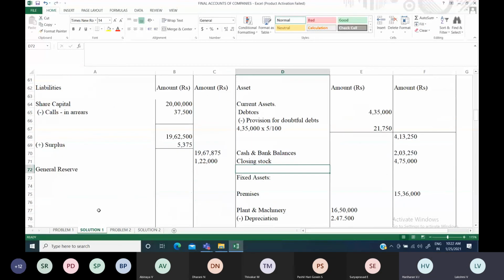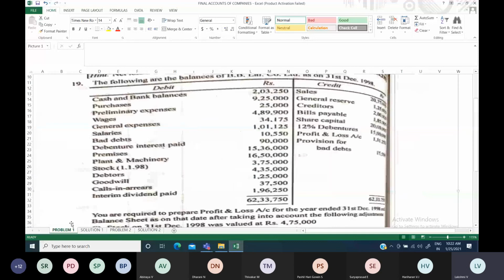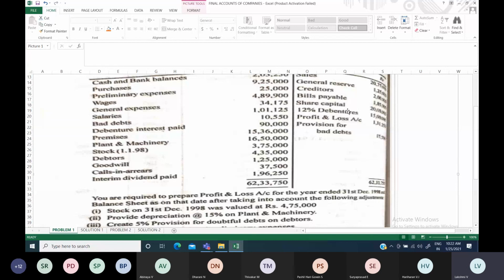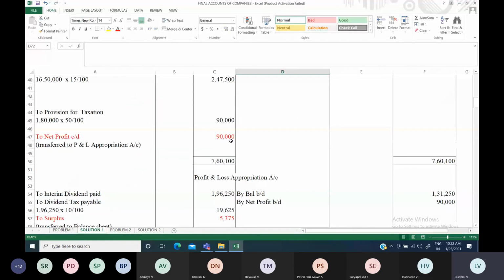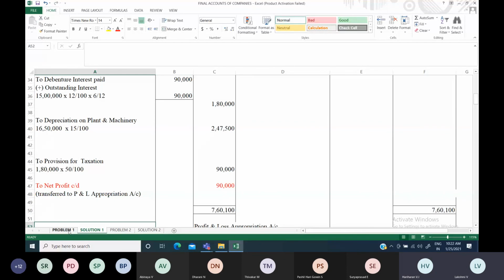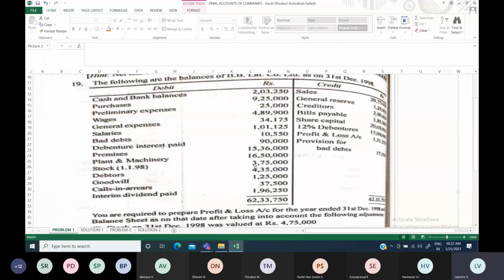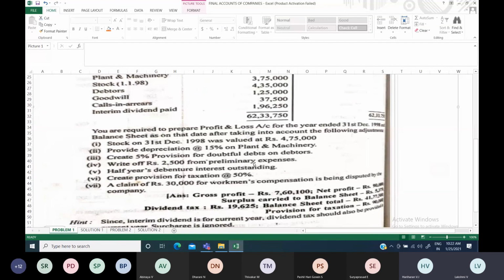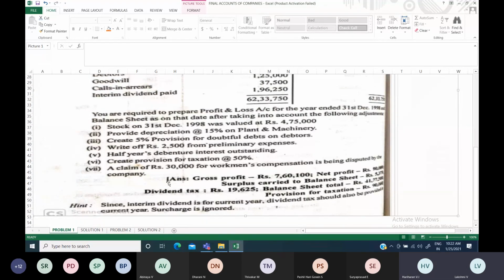Debentures, long-term liabilities: debentures along with the outstanding interest, you have to add 15 lakh. How much debenture interest outstanding have you calculated? You just find out, 90,000. So you have to add all those things. And then current liabilities, anything as given, creditors, bills payable, all those things will come. Okay. So you just finish up, and workman's compensation claim also you have to do, and you have to find out. Okay. So like this, you just complete it and find out what amount your balance sheet total